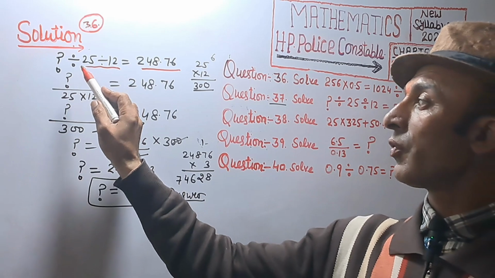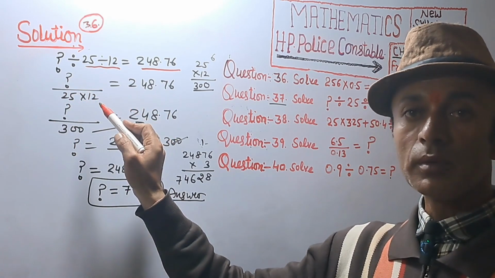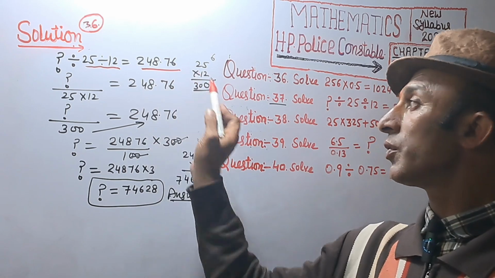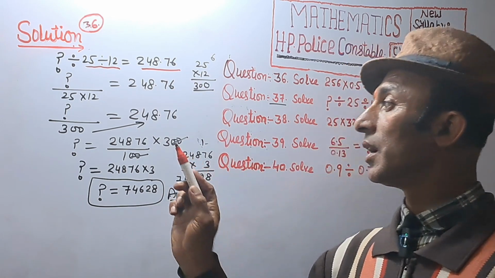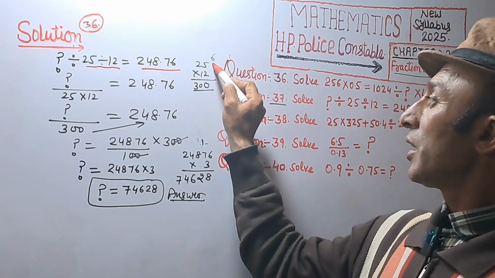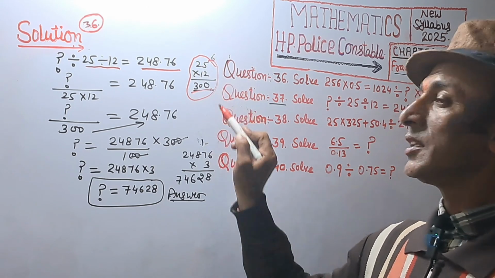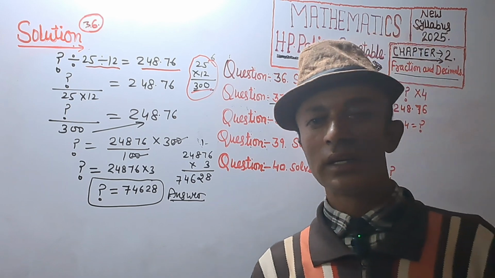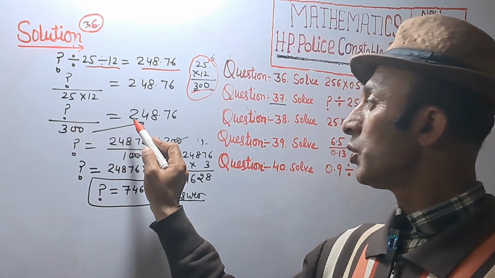So sign of interrogation divided by 25 into 12, that is equal to 248.76 as it is. First of all, we are multiplying 25 and 12, that is equal to 300. Sign of interrogation upon 300 equal to